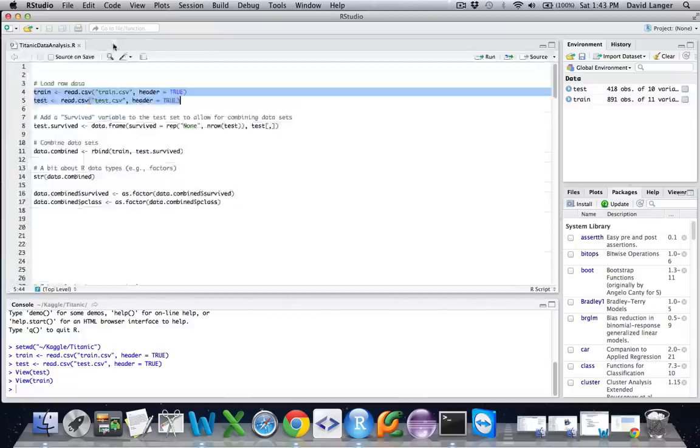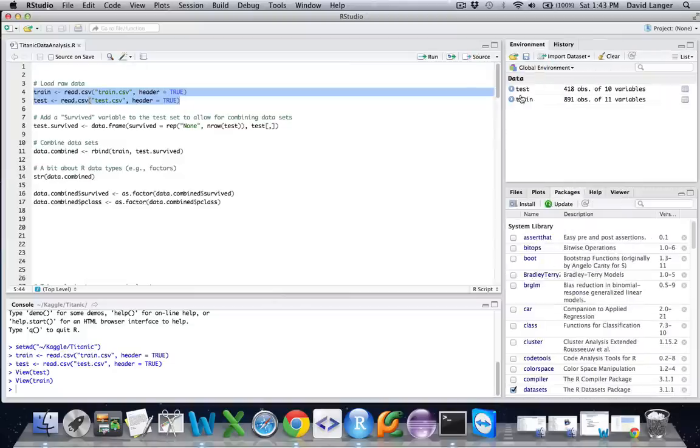Okay, great. So we've got our data loaded. We've got our test and train sets. Cool. Now what I want to do though is that for my overall data analysis, I want to actually combine these two data sets into one big superset of data. So what I'm going to do here is write a little R code. Well, I've already written it because I'm sure you don't want to see me type it. We're going to go through a little R code here to actually start to combine it.